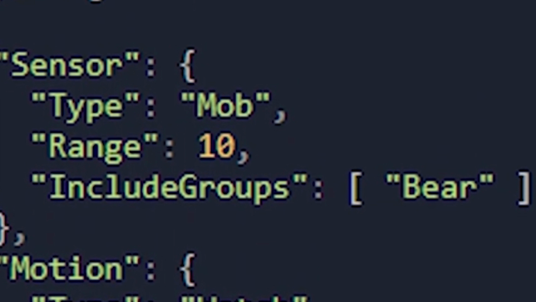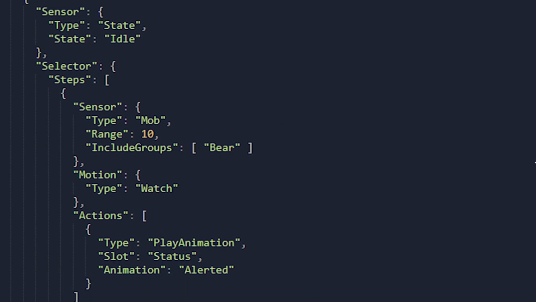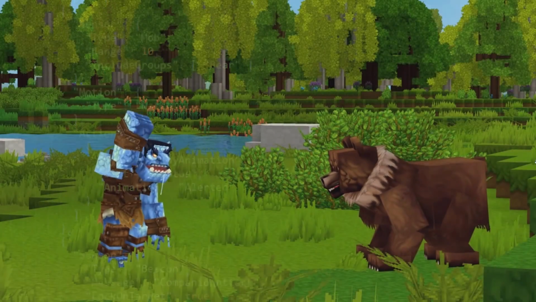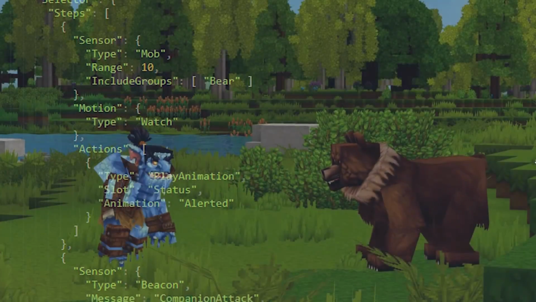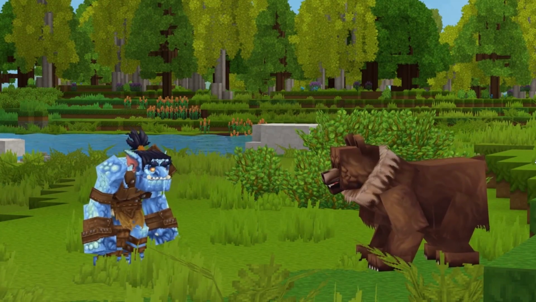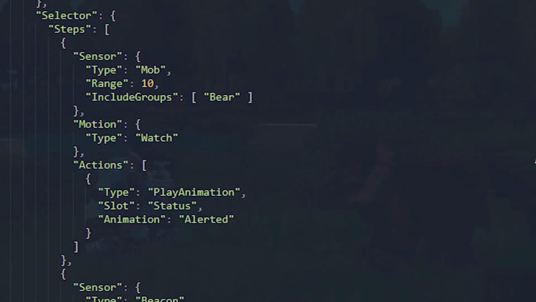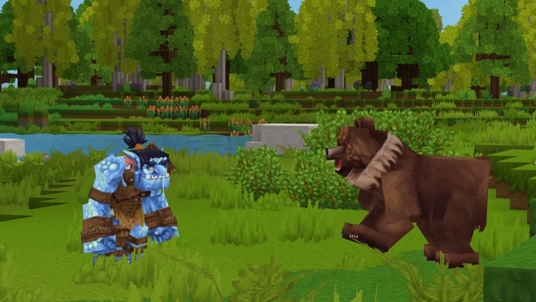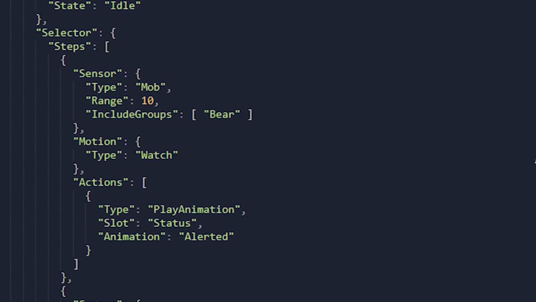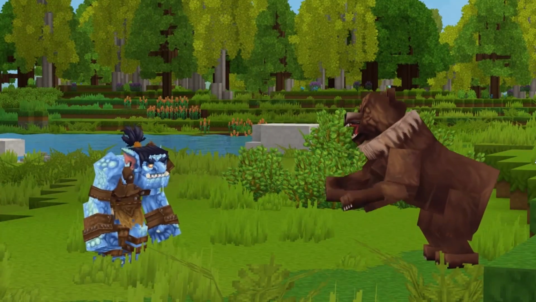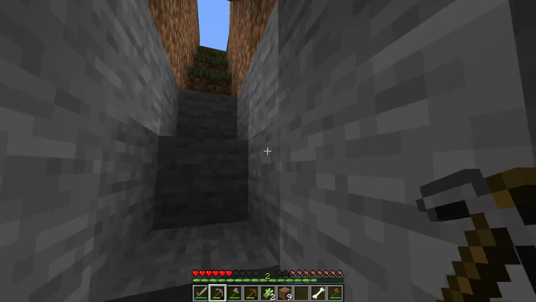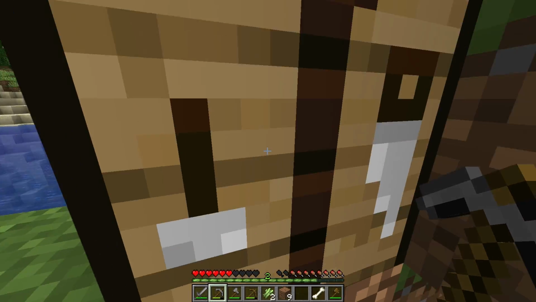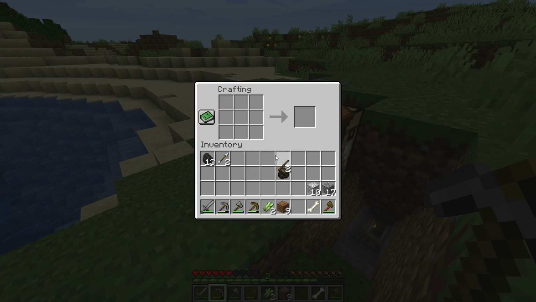Before we leave the code inside of this section, I want to quickly talk about the include groups option. So within that at the moment, it's only looking for bears to trigger a certain kind of action, but I am wondering if there are going to be other sort of elements of coding inside of there that can allow us to set a broader umbrella of things to look for, like whether you could simply say animals, or if you could say players, or other NPCs, and obviously we've already seen that you can specify via race as well. Maybe this will just be one of those things where if you wanted it to detect larger animals, you would have to do like quotes bear, quotes polar bear, quotes yeti, and so on and so forth